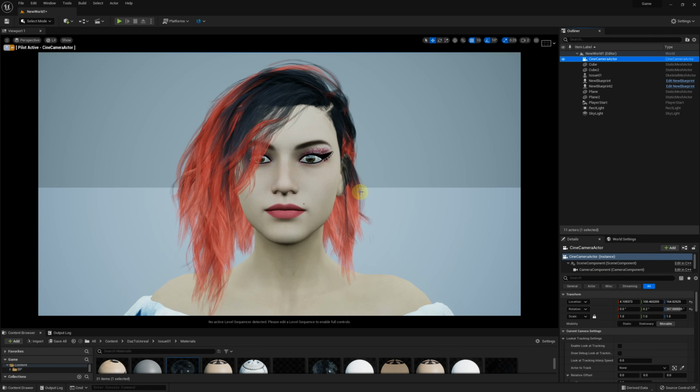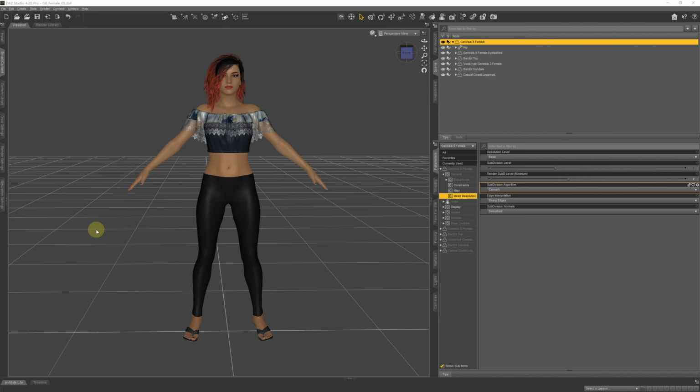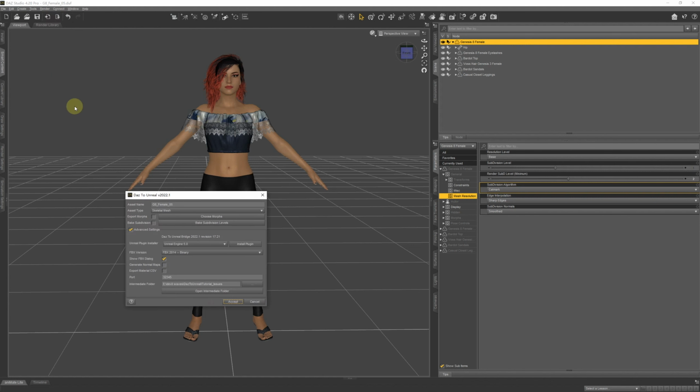Next, switch to DAZ and use Daz to Unreal. Select the character and send it with Daz to Unreal. Name it as Issue 2.